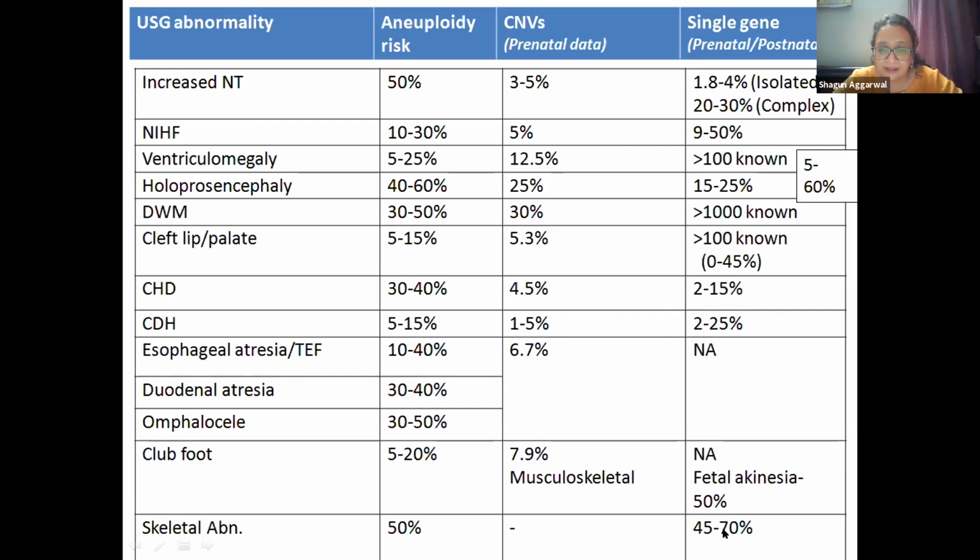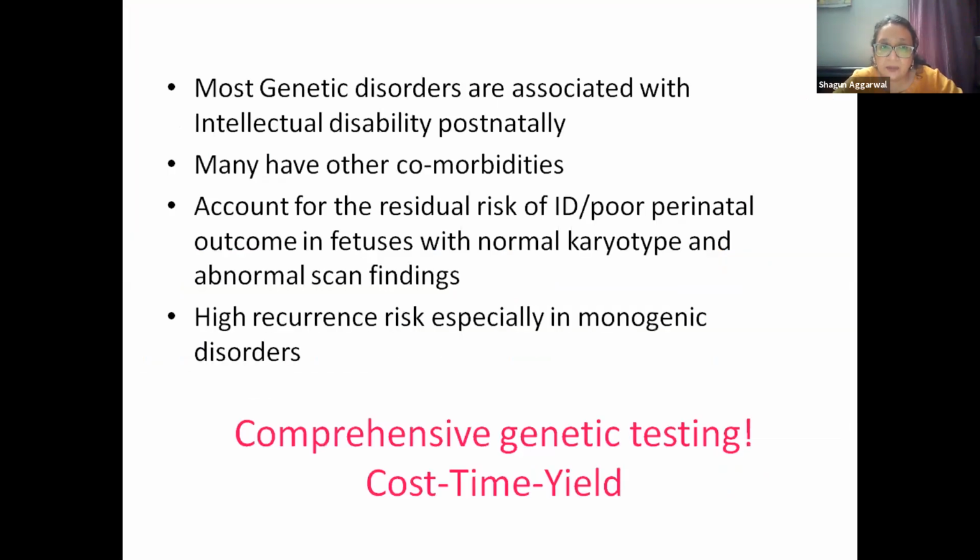So all these 3 categories of genetic disorders are possible, and then they can have other comorbidities postnatally. Hence, in the era of karyotype, when we did not really have array or NGS available to us in the clinic, when we used to offer a prenatal test to a patient for ultrasound abnormality and the karyotype was normal, we still had to counsel the patient for a residual risk